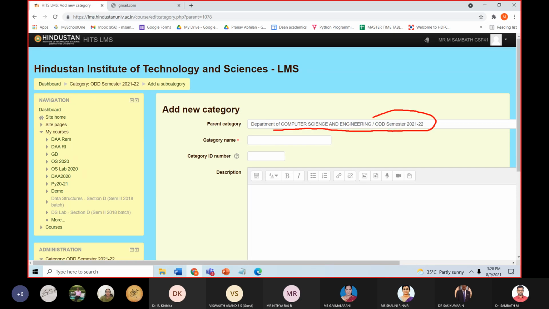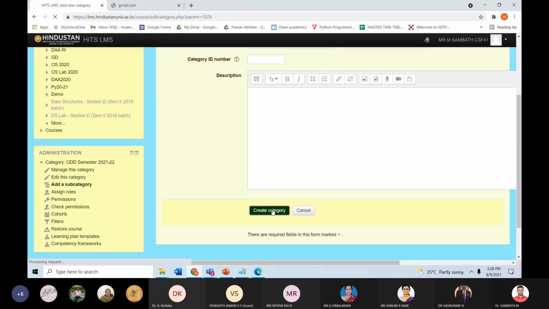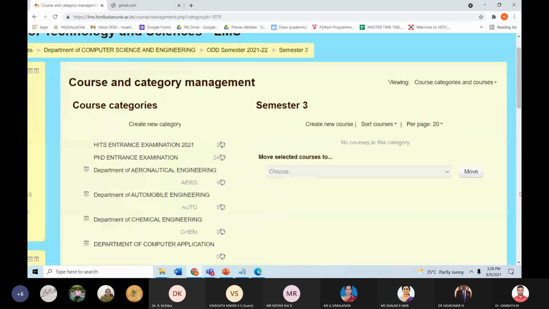Now you are inside odd semester 21-22. Here you create semester 3, and then click Create category. Now semester 3 is created.